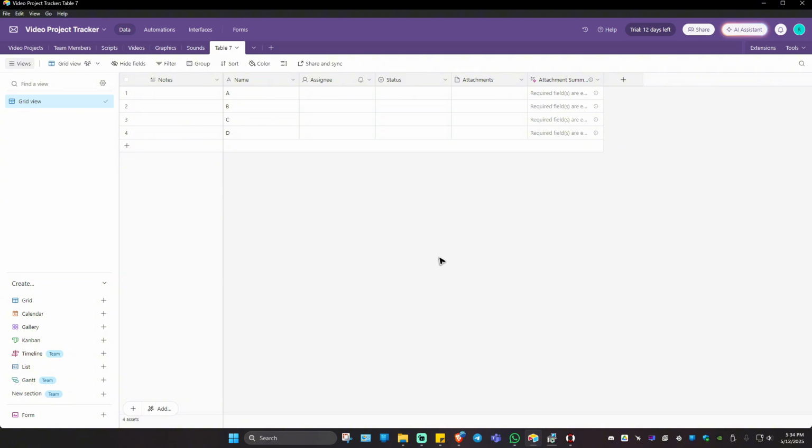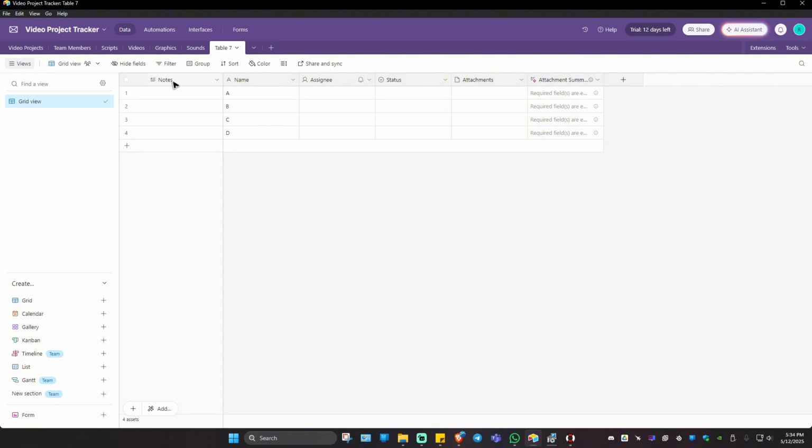All right, so this is our primary field right now, as you can see here on the far left. Again, this is the primary field. Now, what if I wanted to change the primary field to name, this column? Now, all you have to do is just go ahead and click on the drop down right here